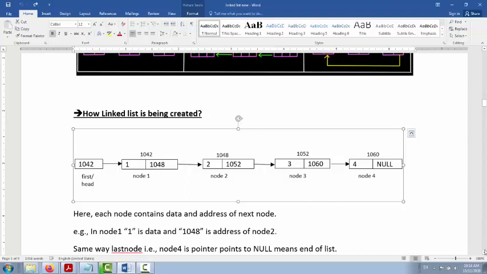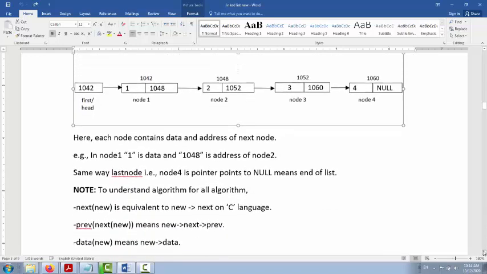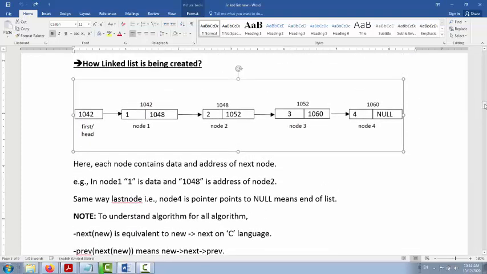I will create a new figure, so let us ignore this figure. Simply what the figure is saying is that this head node stores the address 1040 here, and node 1 has data and address 1042. It will store that.